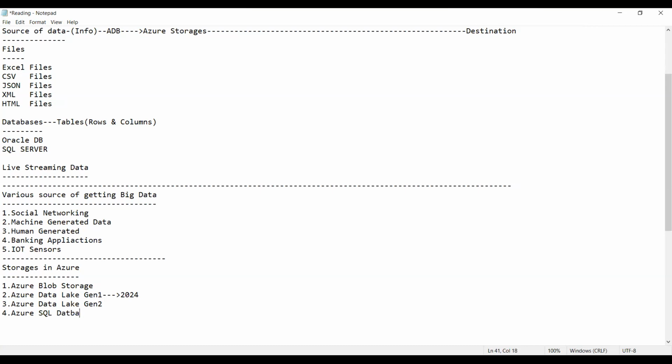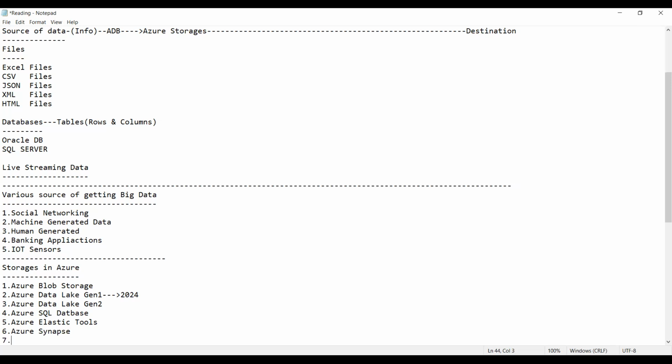This is a storage. The fifth one is Azure Elastic Pools. The next one is Azure Synapse.